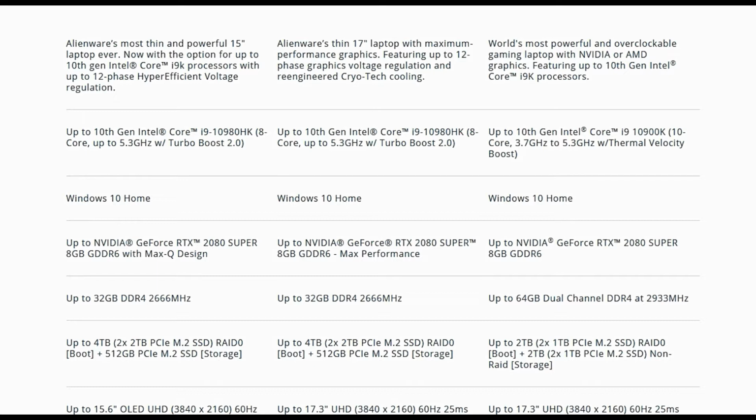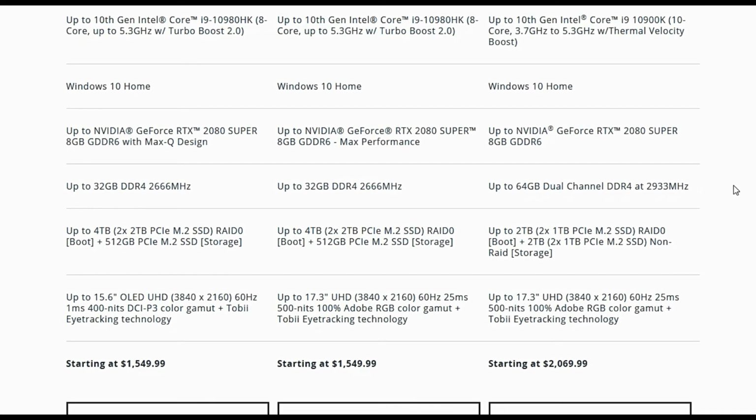Looks like all of them have the same processor, except for the last one. The last one is 3.7 gigahertz to 5.3, whereas the other ones are up to 5.3, and it has thermal velocity boost, which helps with cooling. It comes with Windows Home,